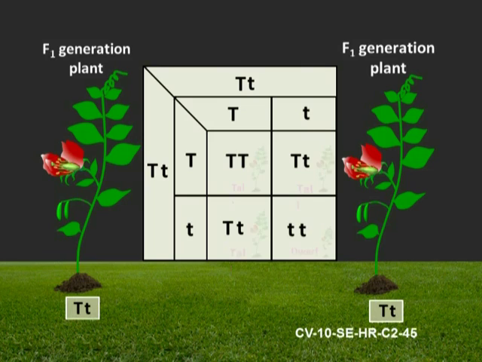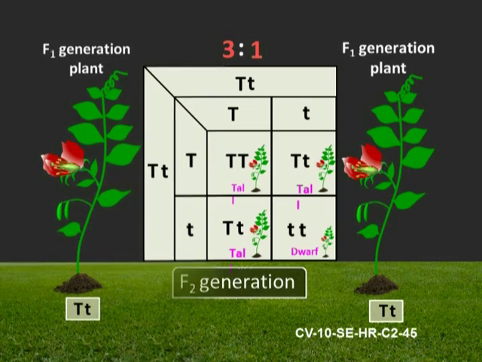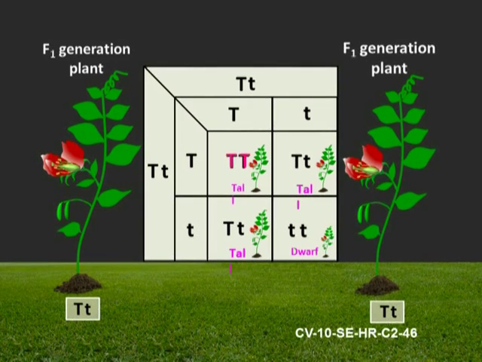Finally, the result. The F2 generation plants had 3 tall plants and 1 dwarf plant. Hence the ratio 3:1. Here there were 2 tall plants, where one was with 2 capital T's, and the other 2 were with 1 capital T and 1 small t. Can you tell me why